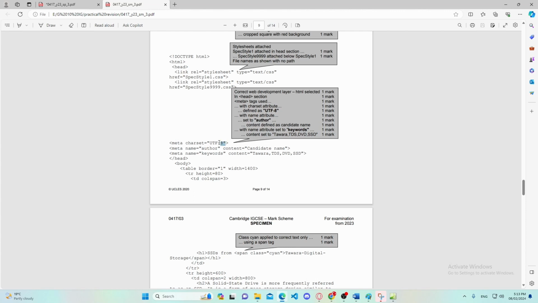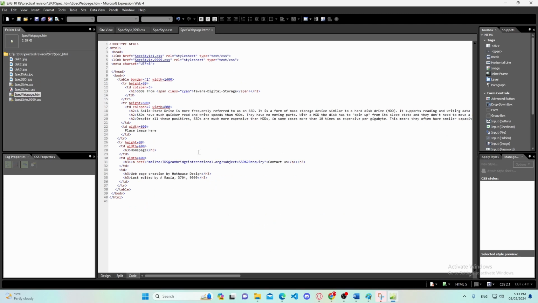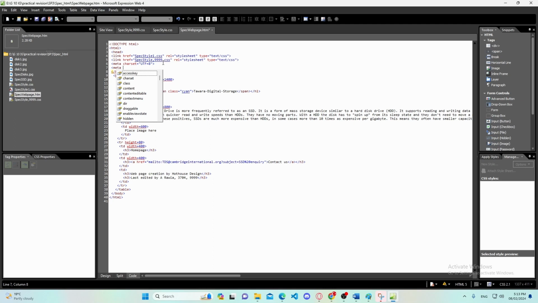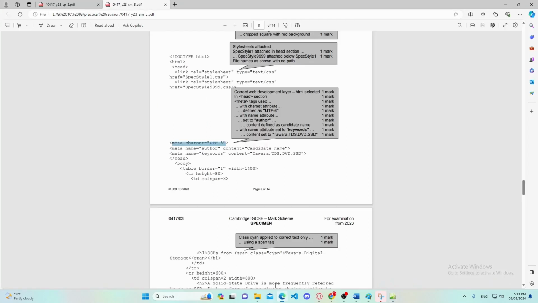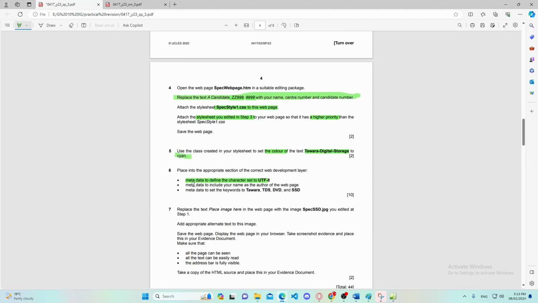You see, it's here. Okay, now let's continue. What we need to write more, we need to write metadata to include your name as the author of the web page. So we need to use the attribute name and include the author inside it, and let its content